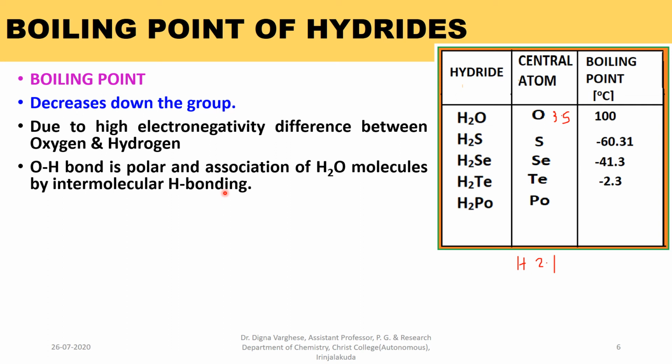A hydrogen bond is a bond that exists between two atoms. One should be hydrogen and the other atom a highly electronegative element. So here between oxygen and hydrogen hydrogen bonds can form. Therefore, hydrogen bonding in water is intermolecular hydrogen bonding, that is one molecule of water can be attracted or bonded by hydrogen bonds to the two neighboring or adjacent hydrogen atoms.